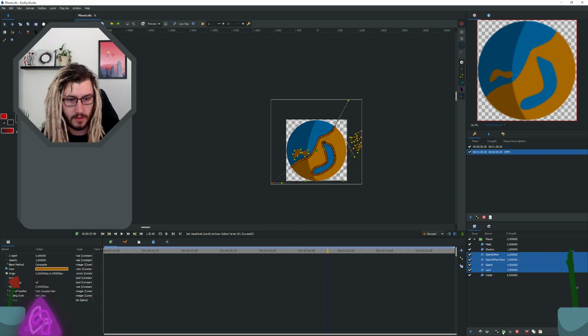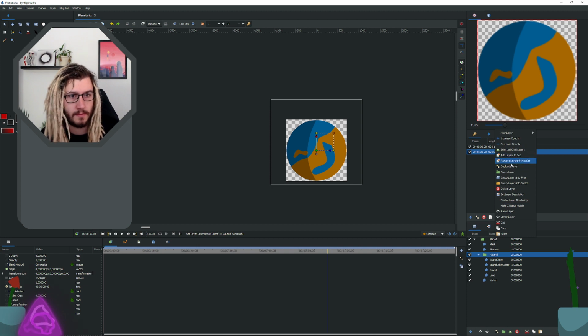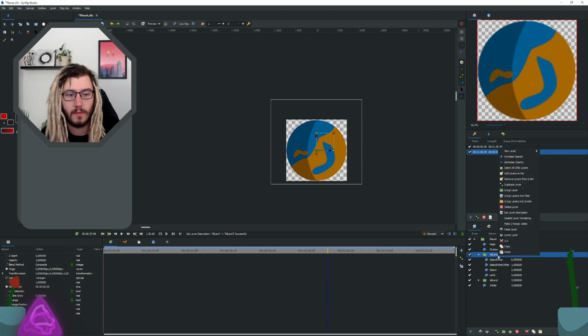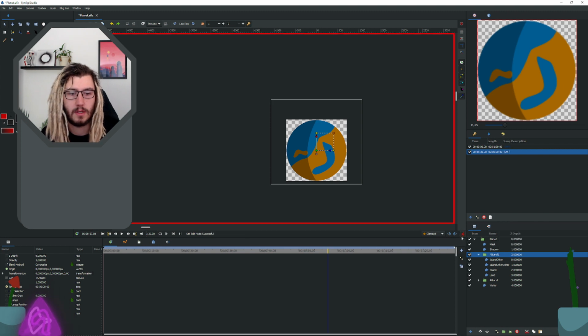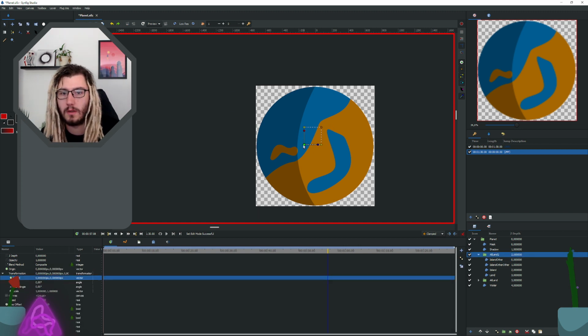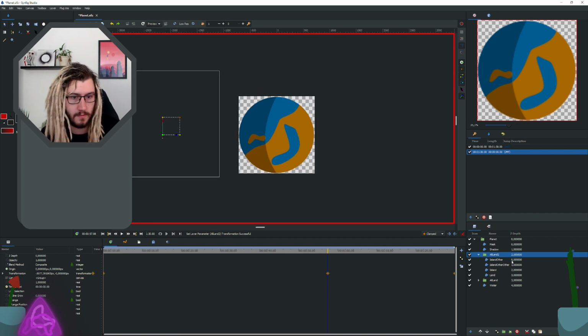Let's actually group this and call this land or all land. And then we duplicate this layer. I don't see the interior now, right? Basically, I want to just move it somewhere here. Maybe there. And then,